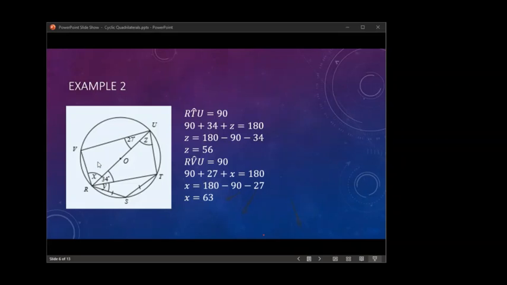So we have calculated the x and z. We have y left. So you can see